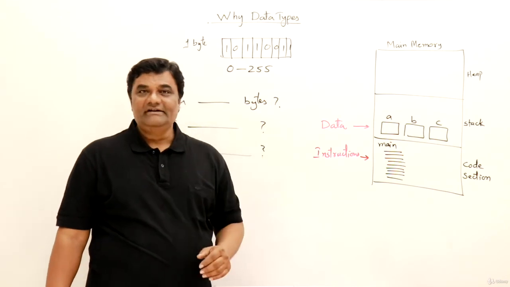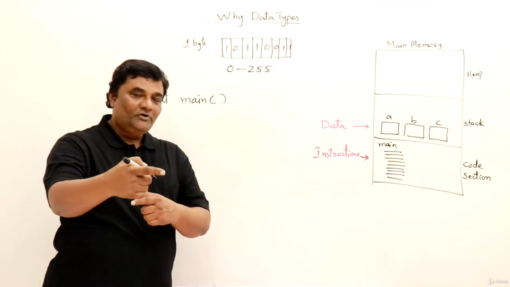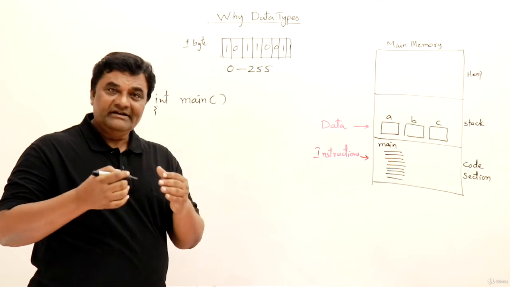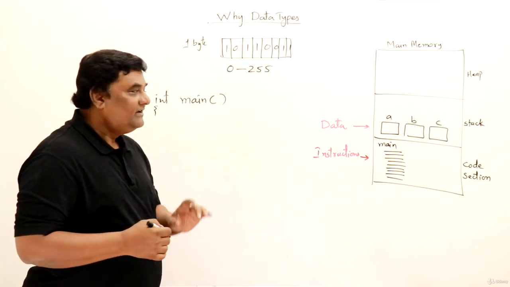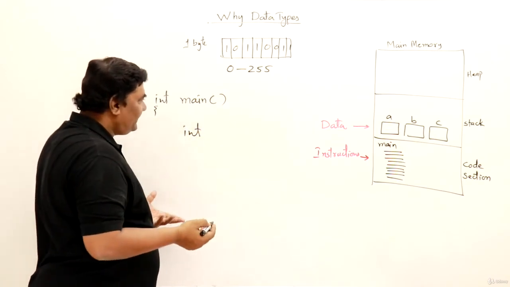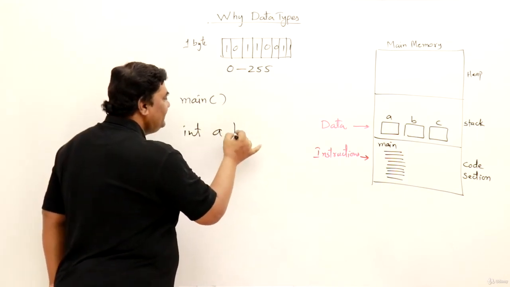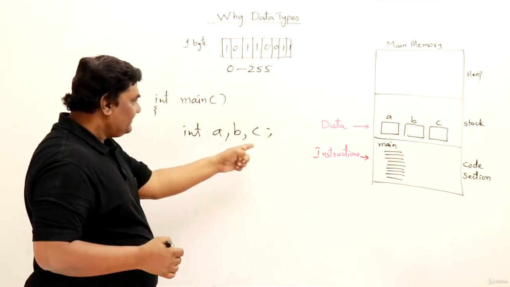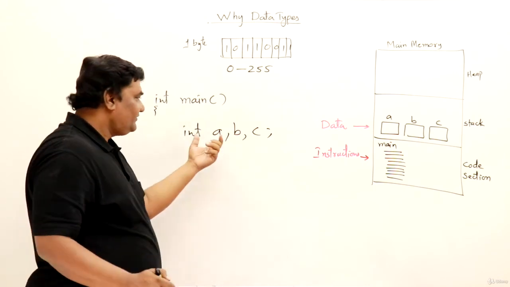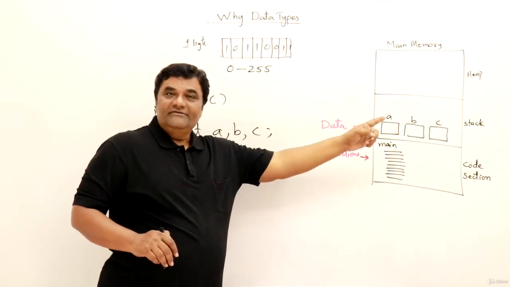Now the next important thing is the variable. I will discuss a little bit about variables. Once we learn about the data types in the coming videos, then later on we will learn how to take data or store data in the program. Suppose I want integer type data. I will say integer. Then where do you store data? For that we declare variables. Say that I want A, B, C. So I'll get 3 variables depending on the number of bytes taken by integer. If integer is taking 2 bytes, then I get 2 bytes for each. And if it is taking 4 bytes, I'll get 4 bytes for each. So I'll get the variables like this.